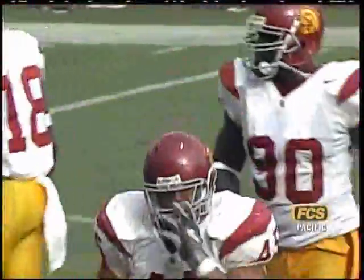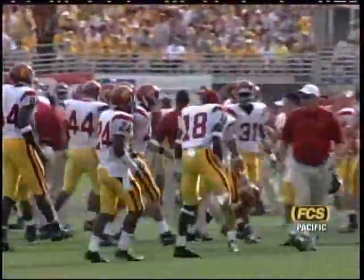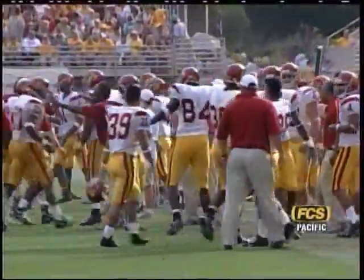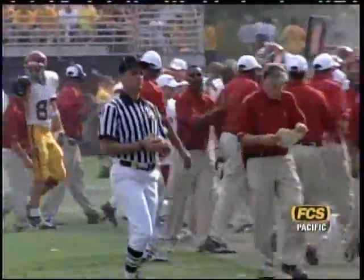Oscar Lua with a huge stick of Keegan Herring. How do you do? That is textbook classic tackling by Oscar Lua. Here's a guy who has had knee injuries, came out of nowhere this year to have the opportunity to start, filled the hole, knew where they were going with it. It's a handoff to Keegan Herring, and Oscar Lua fills, textbook tackle. He keeps his legs driving, and he's...